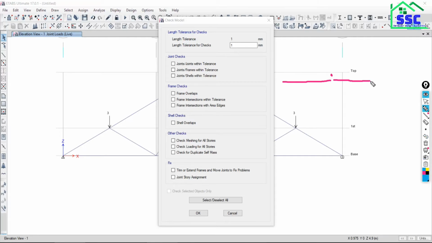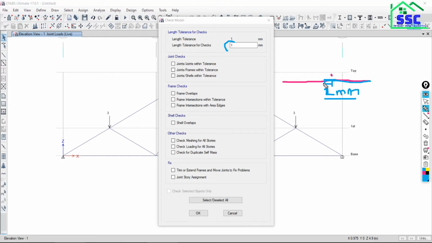For example, if this beam is overlapping with the second beam by a certain distance, let it be 2 mm. We have taken the tolerance up to 1 mm, so up to 1 mm it will not catch this kind of problem as an error. But if it exceeds 1 mm, it will catch it as an error.